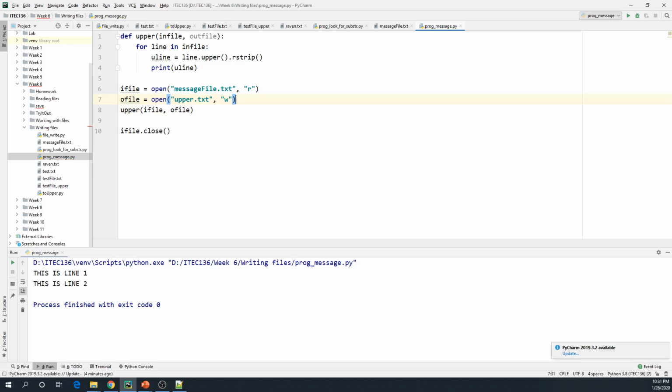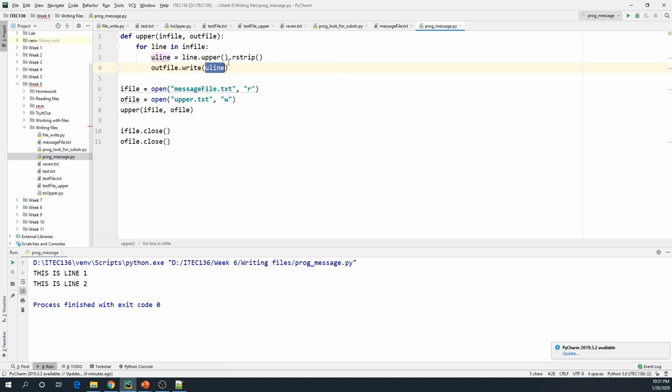Don't forget that. And I will close the file at the end. So now instead of printing the line, I want to write to a file. So I will use outfile.write to write to a file, and I write